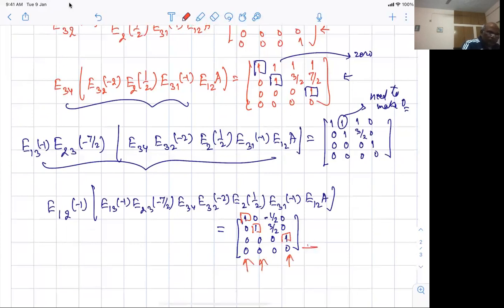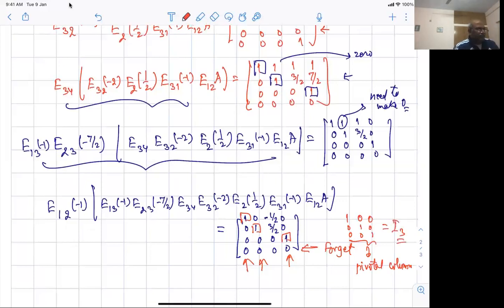And if I forget about this row, then I have got the matrix 1 0 0 0 1 0 0 0 1 appearing here in the pivotal columns, which corresponds to I3. There are 3 pivots, so I3 is sitting inside it. That's very important. I would like you to understand that you have I3, and there's a sequence of moves, as I said, that you get it.